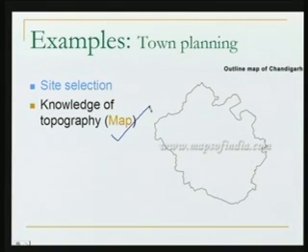Because if I give you a task, you have to plan a town in that virgin area where Chandigarh is established now, and I put you there, can you plan the town there on the ground? No, you can't. Because while we are on the ground, we cannot see the entire area of Chandigarh in one view. So it's not possible to plan the town there itself. We need to bring that area some way into our laboratory. And this is where we need to make a map.